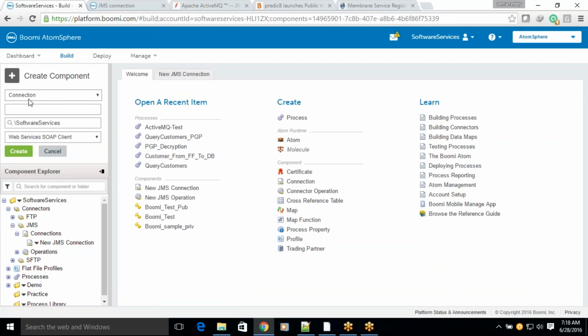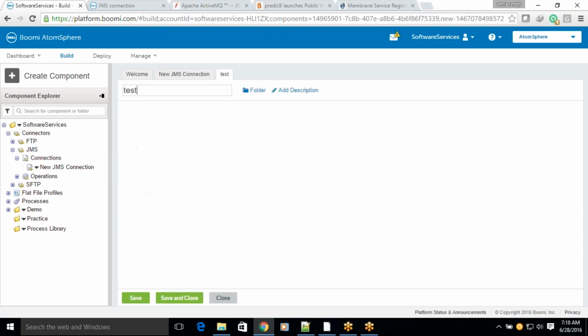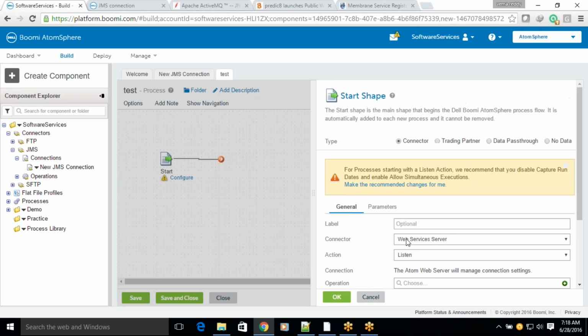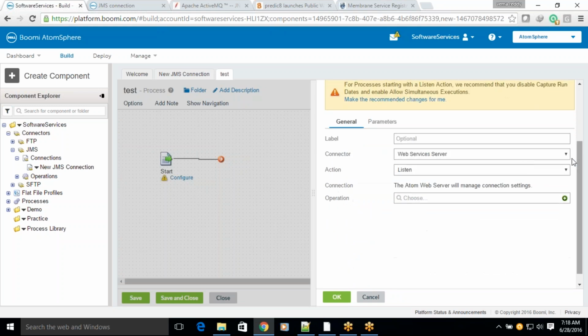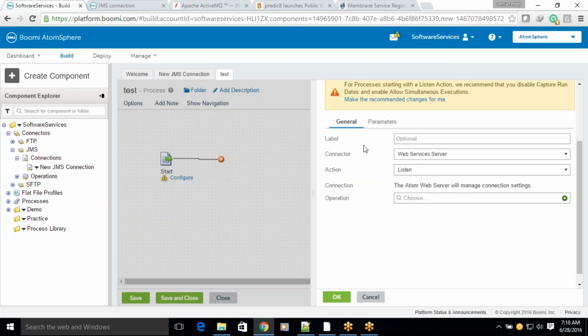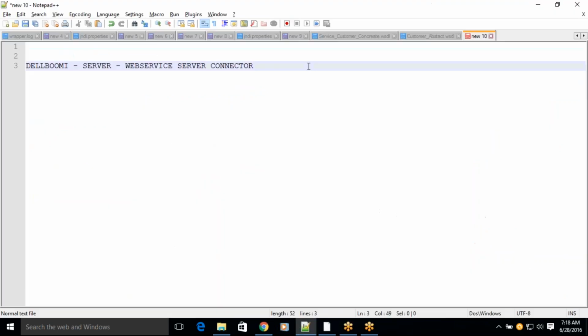I'm just creating a test process to show you the web service server connector. This is the connector you need to use whenever you want to implement Dell Boomi as a server. What this web service server does is, when a client sends a request, it will receive the request. And for sending the response, there is one more activity we have here, the return document. The return document is basically